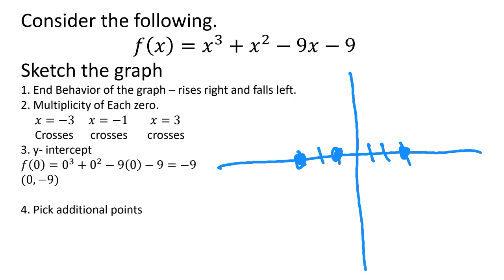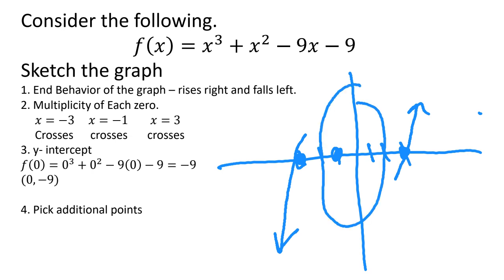Okay, so the first step is I would plot my zeros. Then I would apply my end behaviors. So at this 0, I know that the graph is going to rise to the right. And I know that at x equals 3, the graph crosses. So I'm just going to do something like this. And then on the left end, the graph is going to fall. So it's going to go something like this. Okay. So in order to fill in the gaps in here,